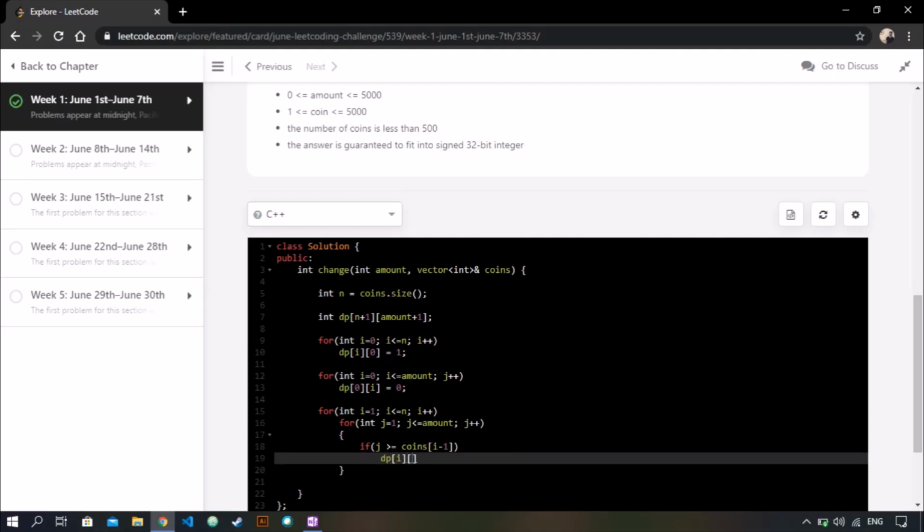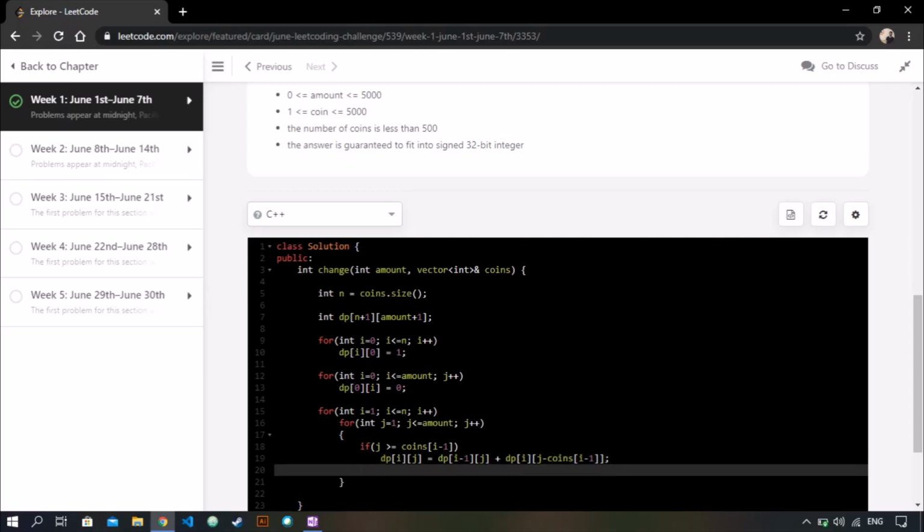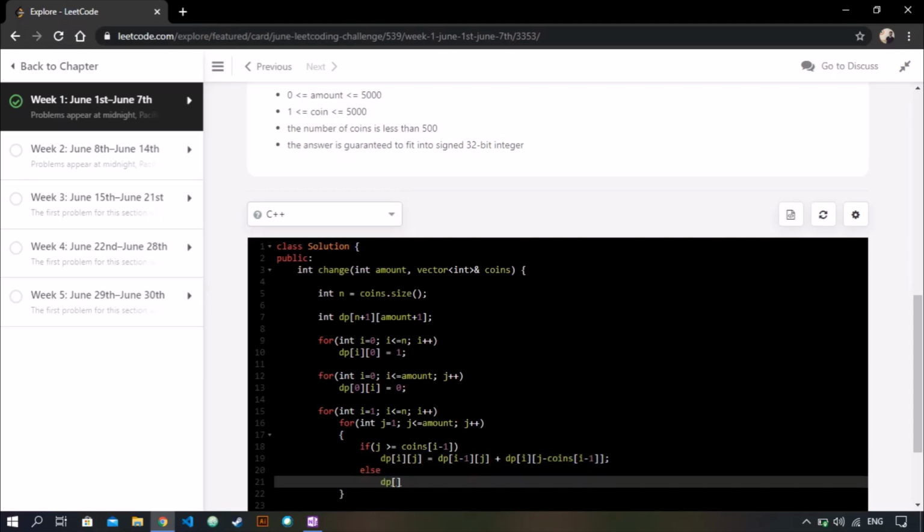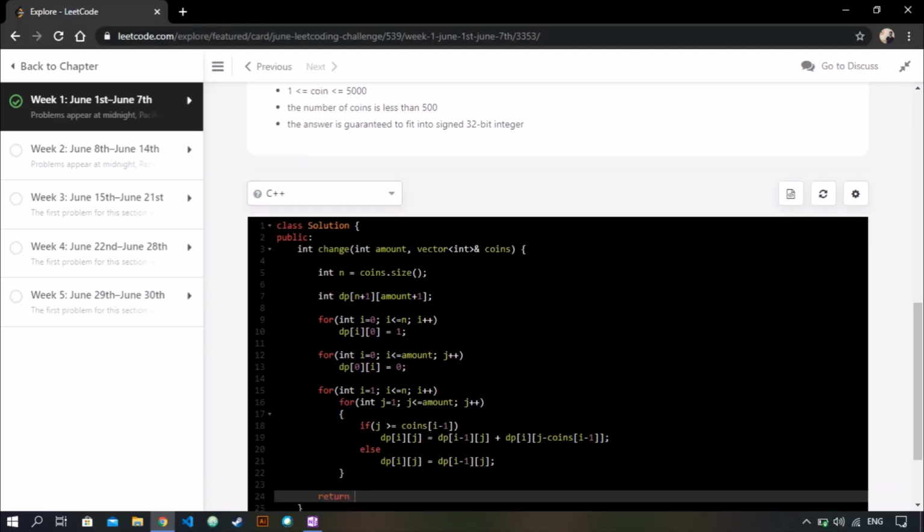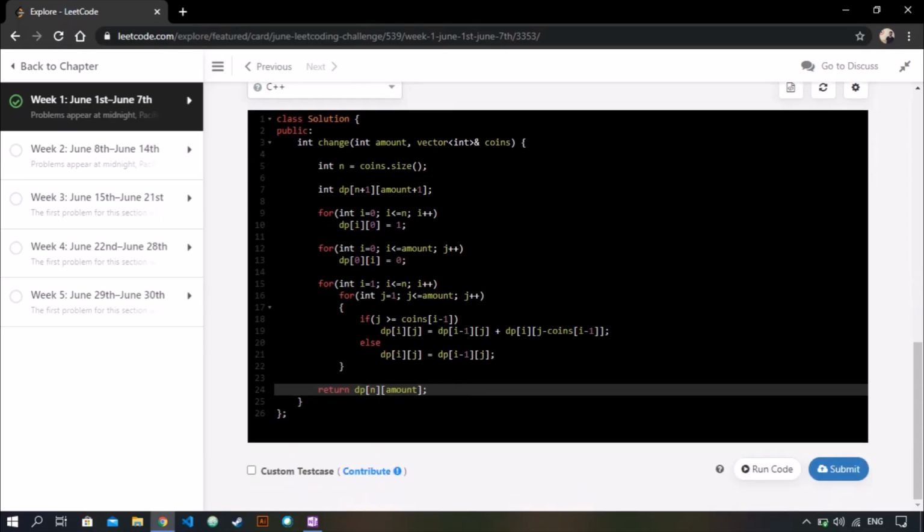We take the up value and we go that many steps back and get that value and add it to it, else we simply get the value from above. Okay, and we just return dp[n][amount], the last cell of the matrix, which is the answer.